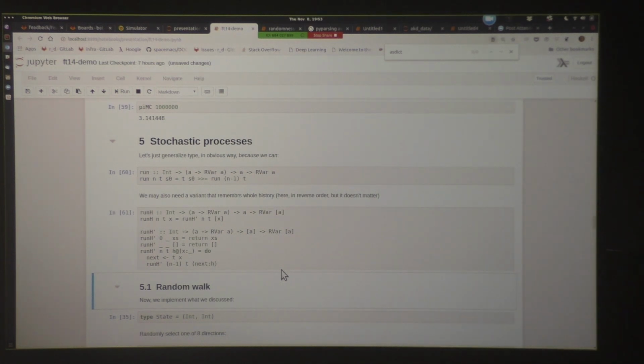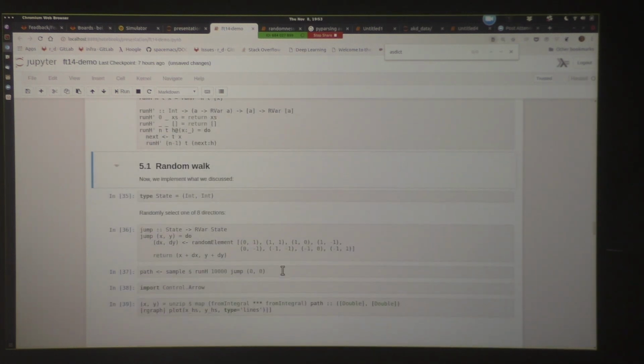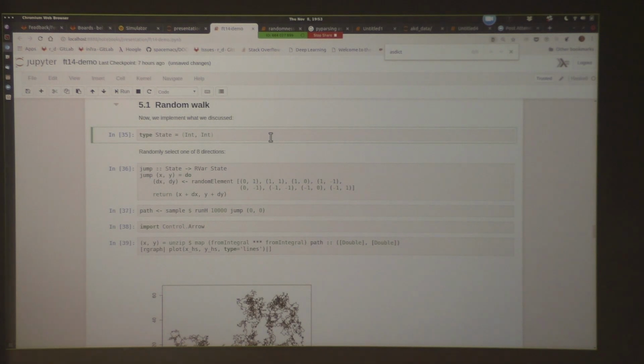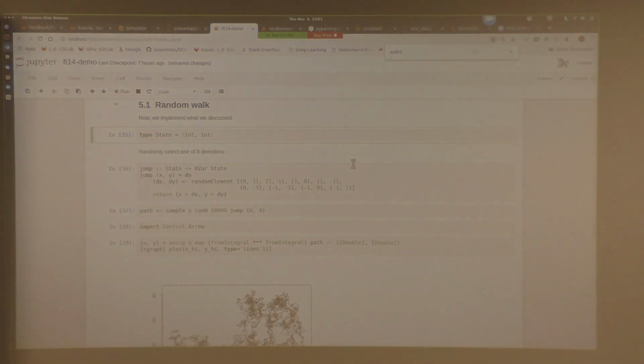Okay, so the other name under which we can find such simple random processes is random walk. So this is this rectangular grid, this state space, and what will be the jump? Well, we live on the grid of integers, so we randomly choose one of the 8 next integers. Can I use this whiteboard?